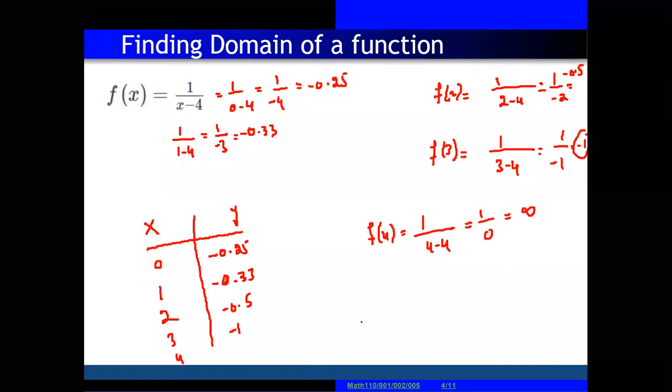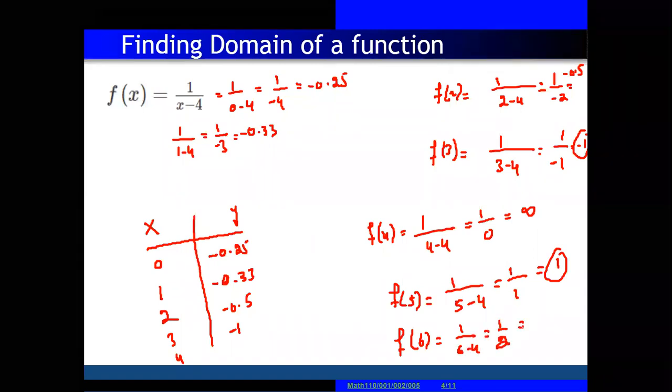Same if we give 5, f of 5 is equal to 1 over 5 minus 4, and 1 over 5 minus 4 means 1 over 1 equal to 1. Same you can give a value of 6. So 1 over 6 minus 4 means 1 over 2, 0.5. The domain actually means the acceptable values. So all values are acceptable to this function,